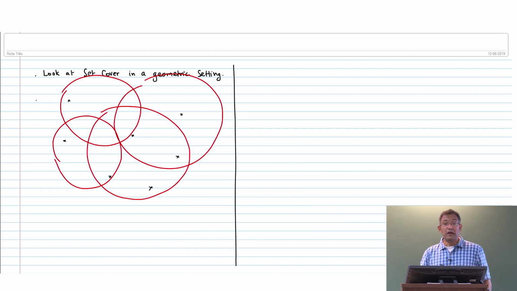In order to do that, what we are going to do is to introduce a seemingly unrelated problem. This is called the epsilon net problem. This is a combinatorial problem. We will relate it to solving set cover later on towards the end of the lecture. So what is an epsilon net? Before I do epsilon nets, let me just tell you one more thing. If you're given a set system,